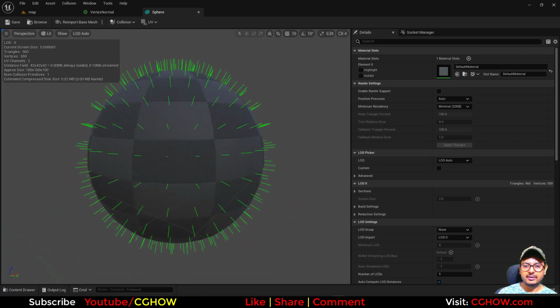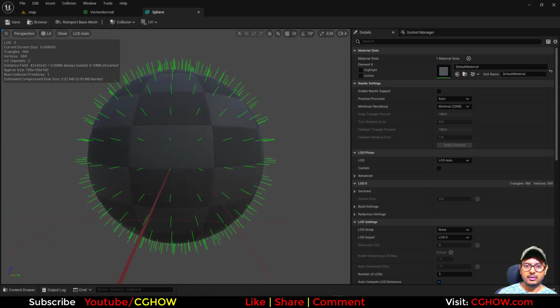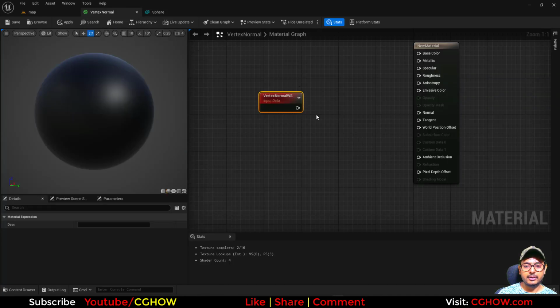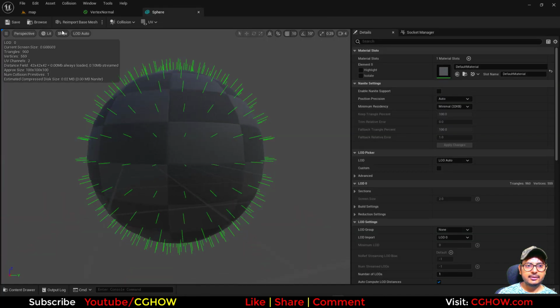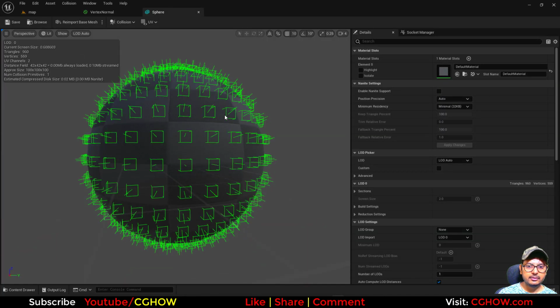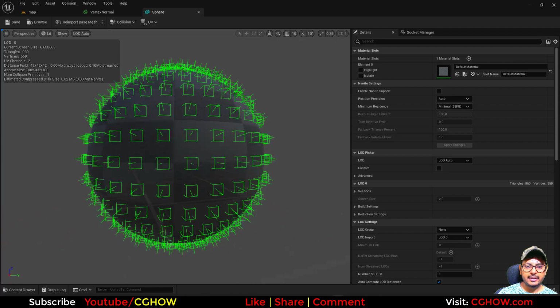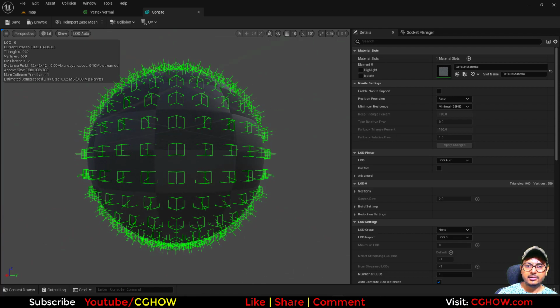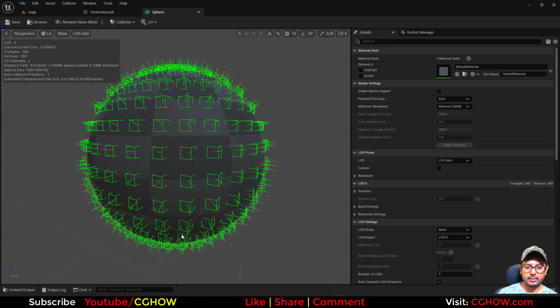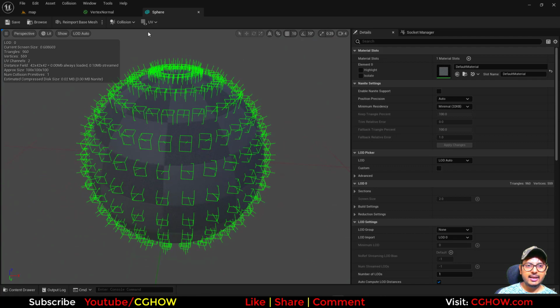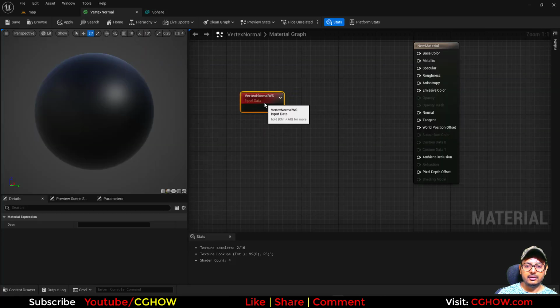So every face is facing, especially the vertex, because it's showing the vertex facing for vertex normal. So every vertex, and if I just show the vertices also, here's my vertex and here's the angle it is facing outward. Okay, so the facing angle, this node will give you that angle in materials